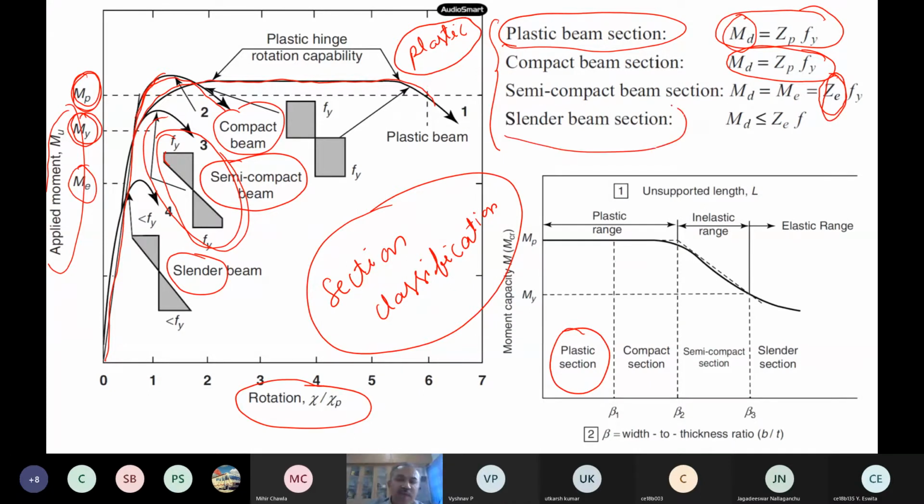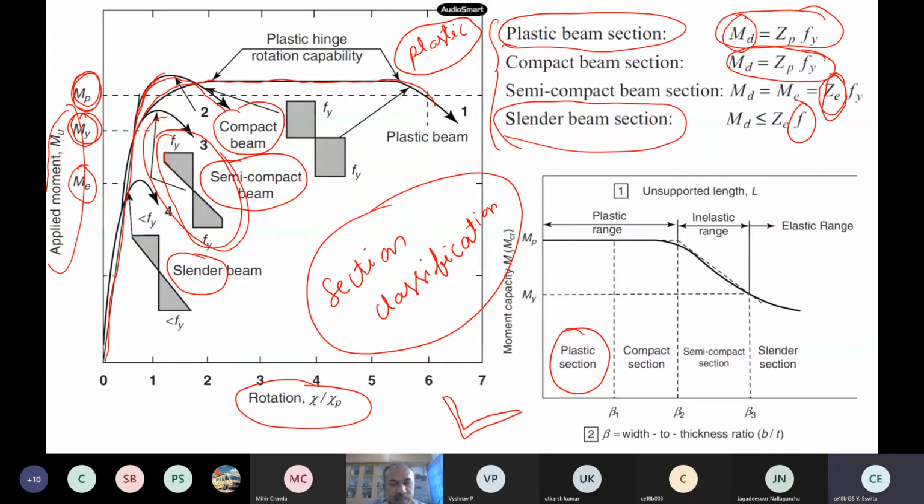And if it is a slender section, of course we don't use the slender section, then your F will not be equal to Fy. So you have to use some factor to decrease your F. Or you remember last time when you're having an angle section, suppose if it is a slender section and still I want to use it in my construction, what do I have to do? So how do I make a slender section into semi-compact? Add plates on the legs. Adding plates on the legs is one way.